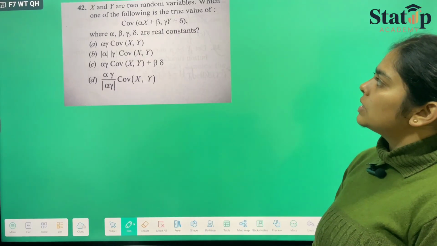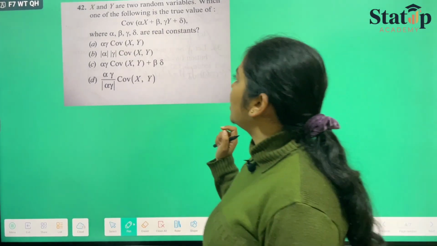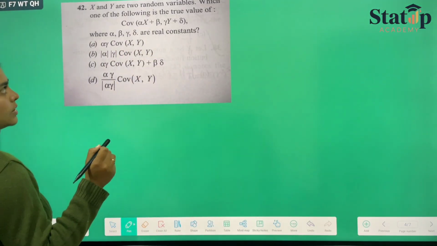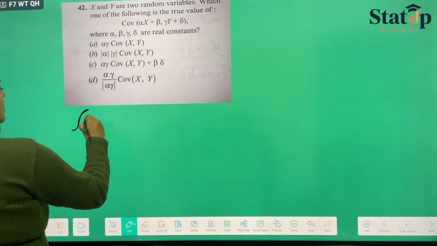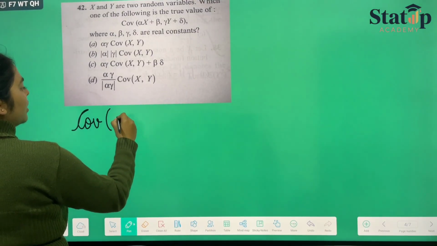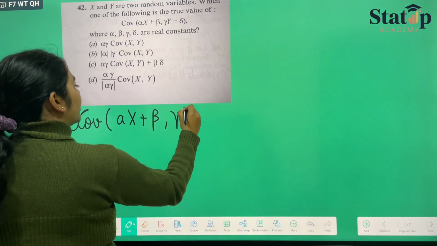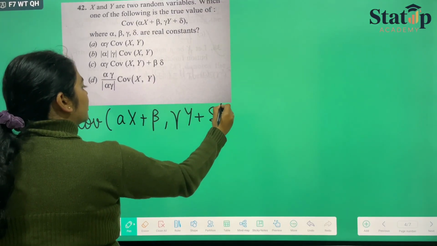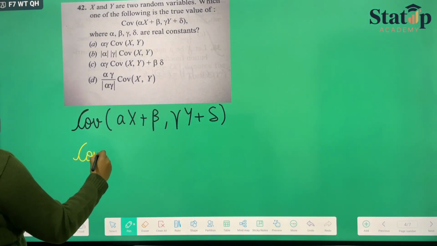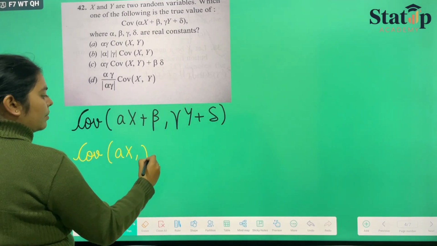Here they have asked us that x and y are two random variables and they have given us what to calculate, where alpha, beta, gamma and delta are the constants. So covariance between alpha x plus beta and gamma y plus delta. If we have to calculate this, it will be covariance between alpha x, gamma y